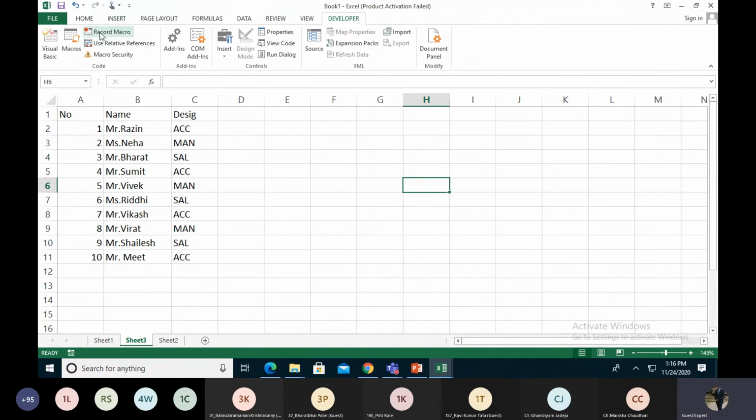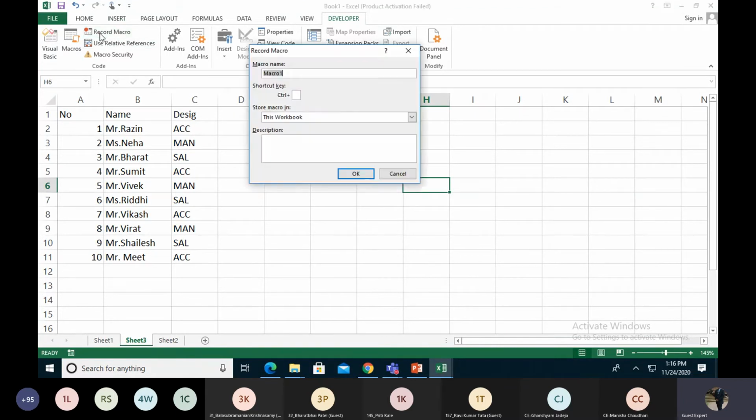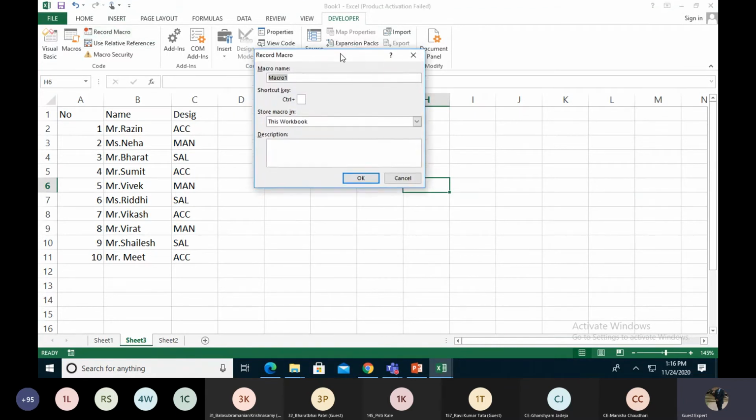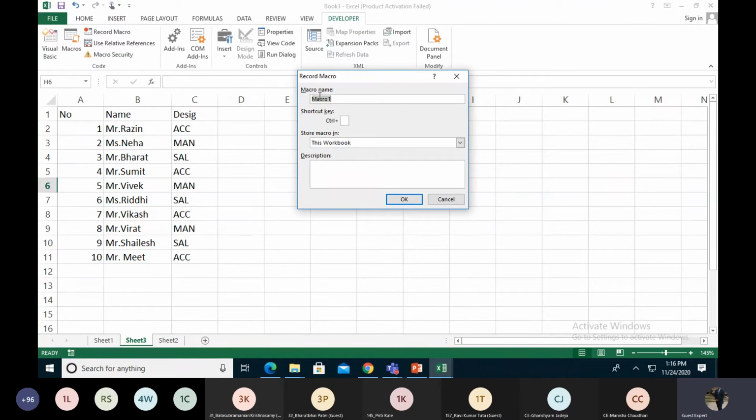Okay, so I'm starting Record Macro. First of all, it opens the Record Macro box, and we give the macro name. I give the macro name as basic calculations. Then it asks for the shortcut key I want to assign.